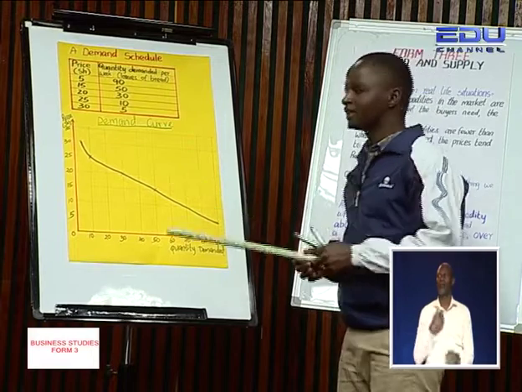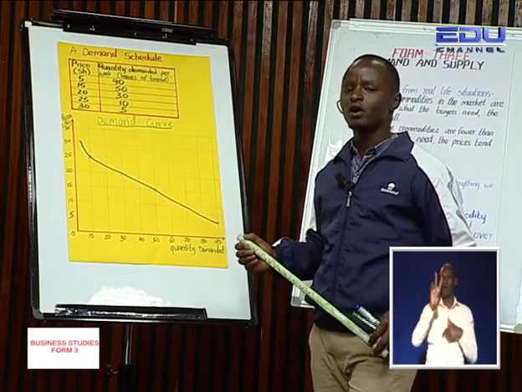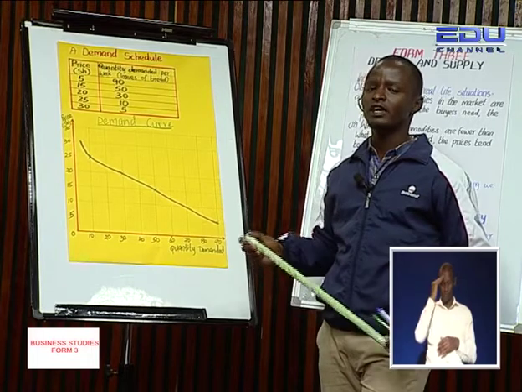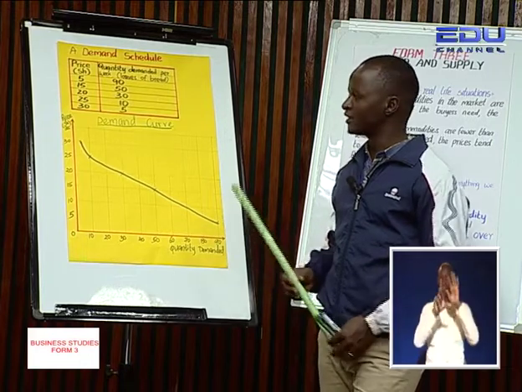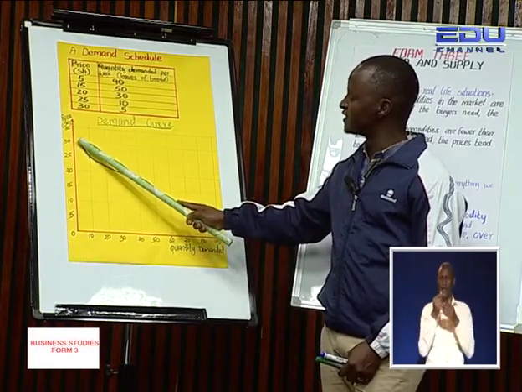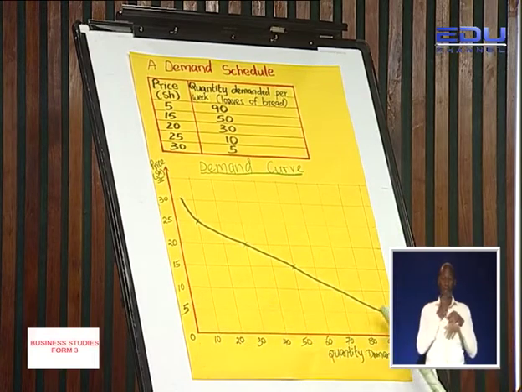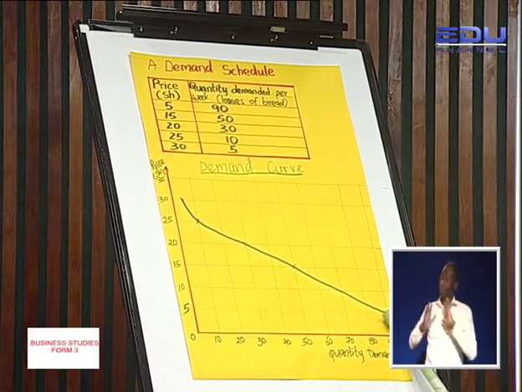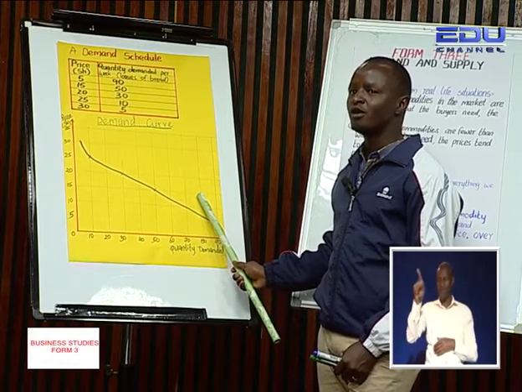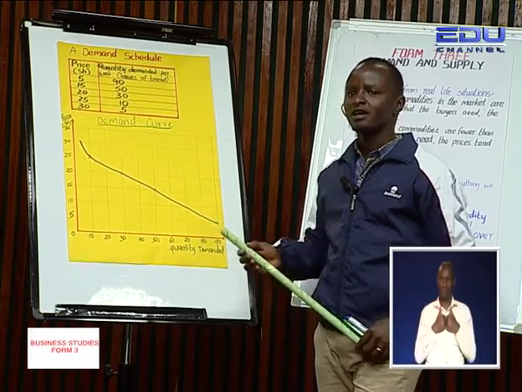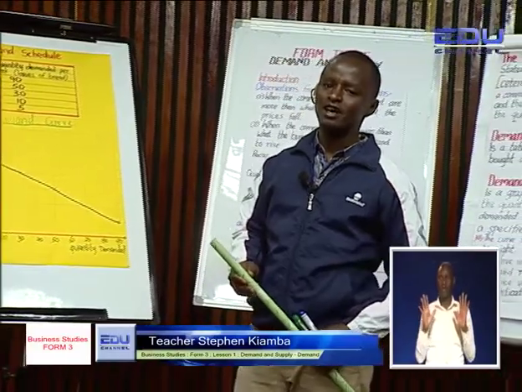There are several things that we are observing from our demand curve. These are things I want us to take note of carefully, because they are interpretation of the law of demand. We said when the price is on its highest, the quantity demanded is on its lowest. When the price is lowest, then the quantity demanded is on the highest. So we can say our curve obeys the law of demand. Now that marks the end of our lesson. And until next time,